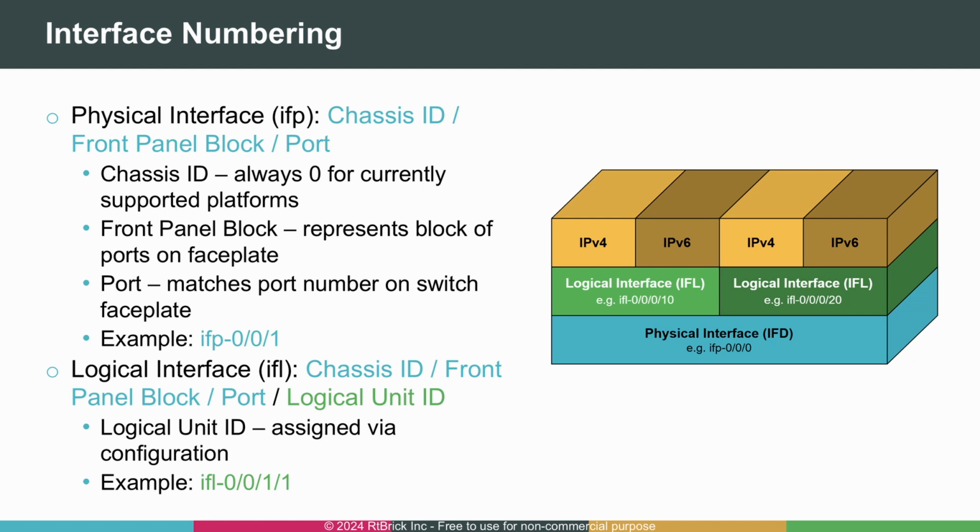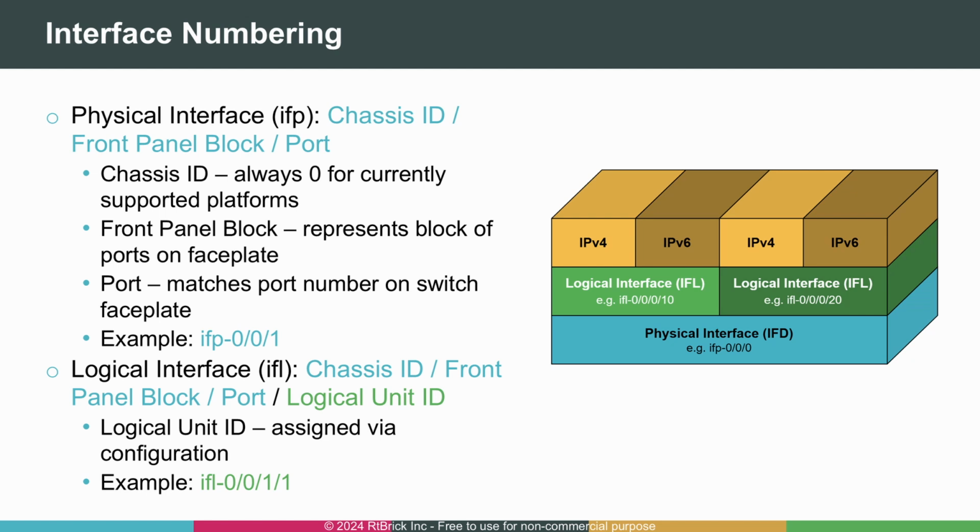For example, LO0/0/0. One or more logical interfaces can be created for a physical interface. The numbering is similar to that of the physical interface. However, the name changes from IFP to IFL, and the unit ID is added, making the logical interface unique, for example IFL0/0/0/10. You can also create logical interfaces for virtual interfaces, such as loopback interfaces or host interfaces. In this case, the name of the logical interface remains unchanged, with only the unit ID added. For example,